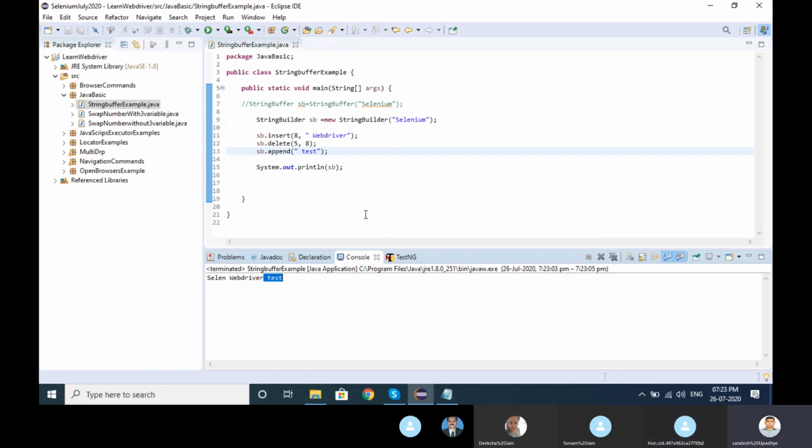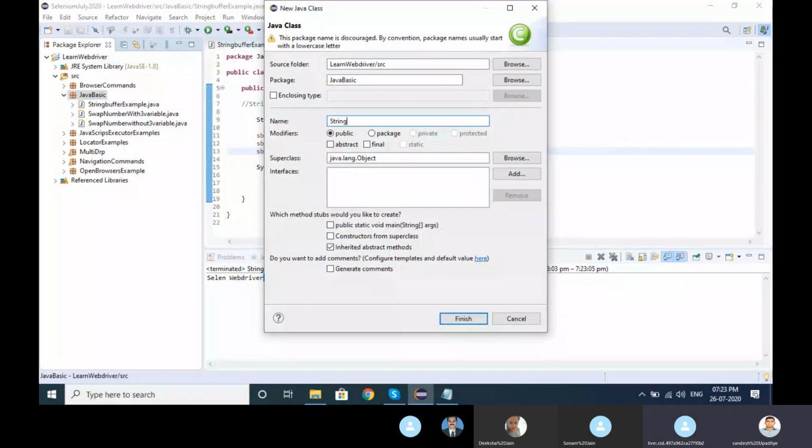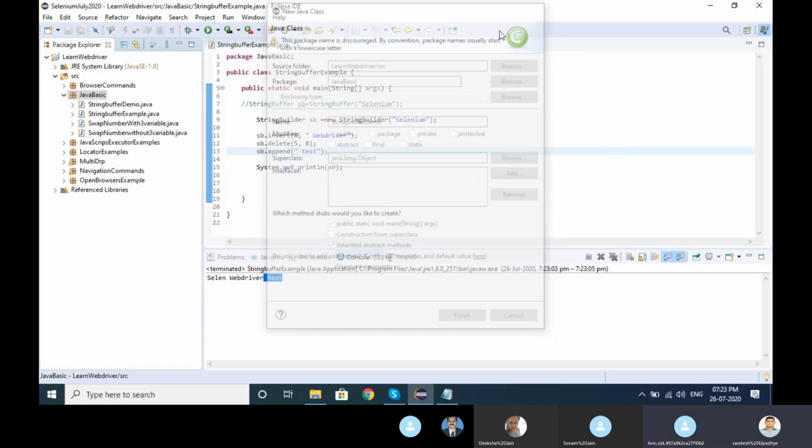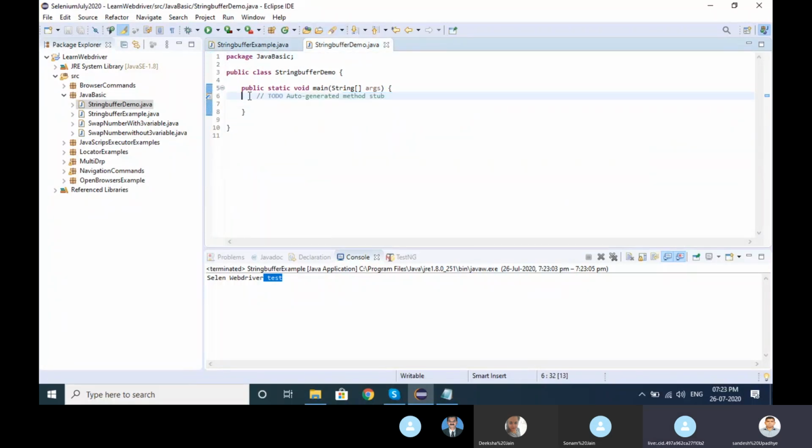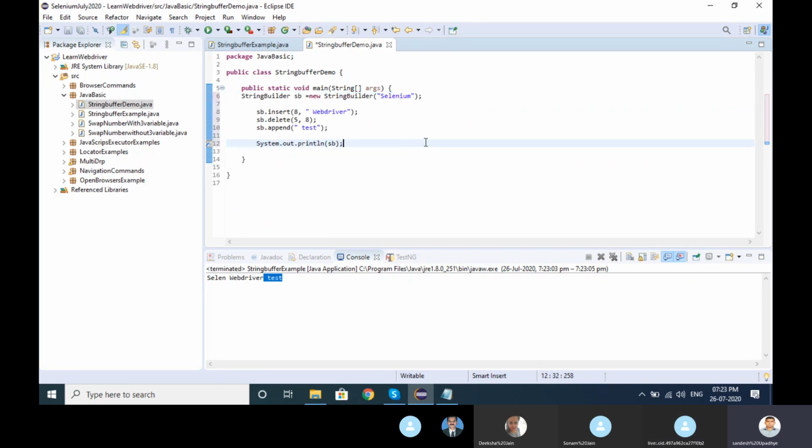Let me show you the same thing with a string buffer example. Let me create a string buffer. The same operation you can do with the string buffer class as well. Both are the same; I told you, the difference is only from an execution perspective. If you have a big program, then you can understand. I just remove this thing.